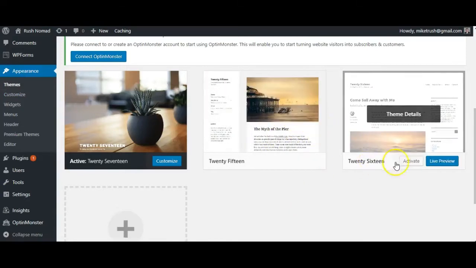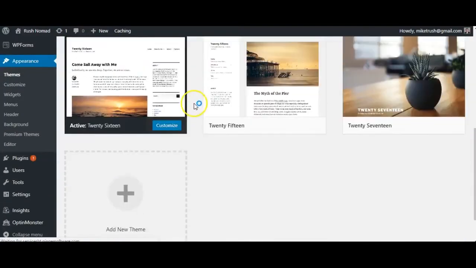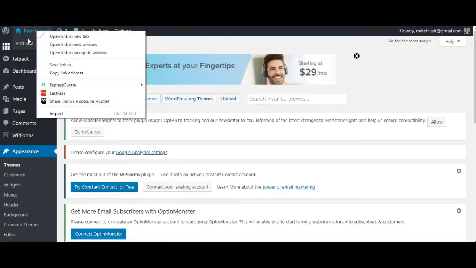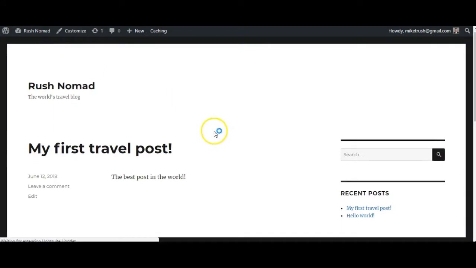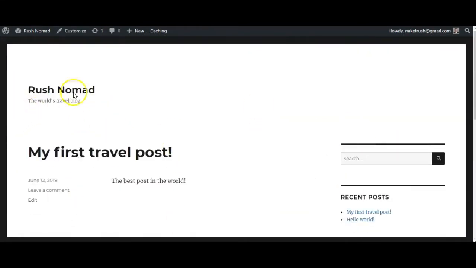You literally, once you hit activate, it will make this new theme your active theme throughout your website. It's going to change everything. You can go ahead and customize it, but now if you jump into your website, if you go visit your website, you'll see already that it's changed the whole layout. You have different columns, different posts, and then you'll be able to plug and play from here with your posts as well as pictures and take it from there.